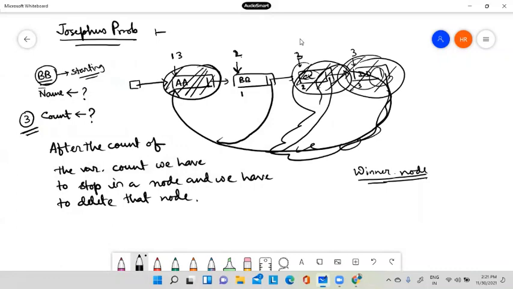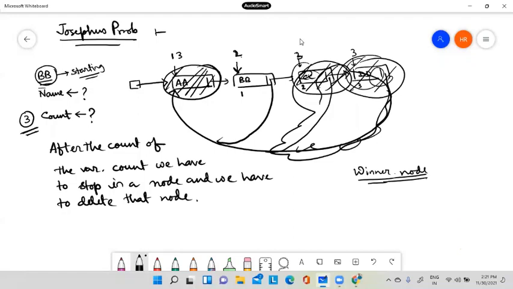You see, this is called the Josephus problem because this is a problem which was actually done in some war where there are some soldiers left and only one horse is left, and the name of the horse is Josephus. So who will take that horse and fly away from the battlefield will be decided on this type of mechanism.